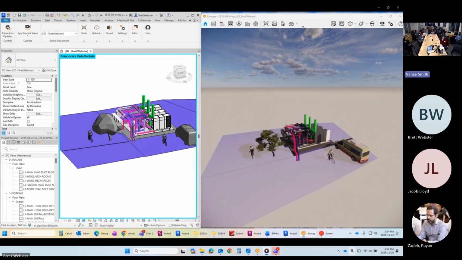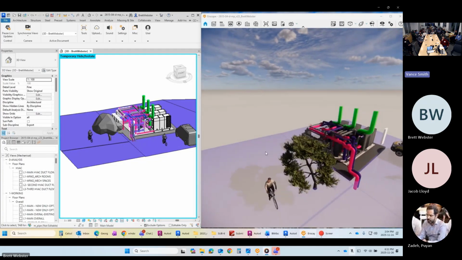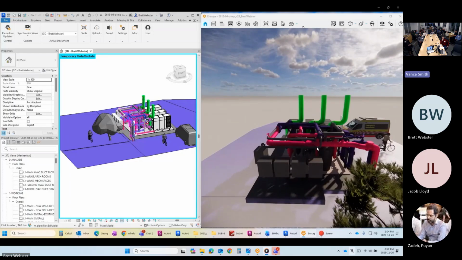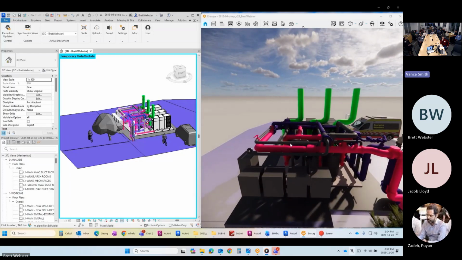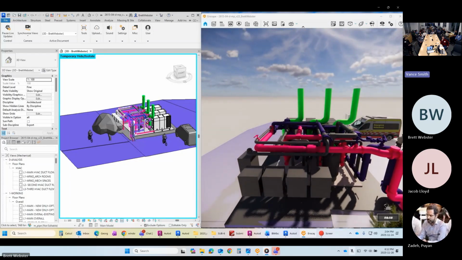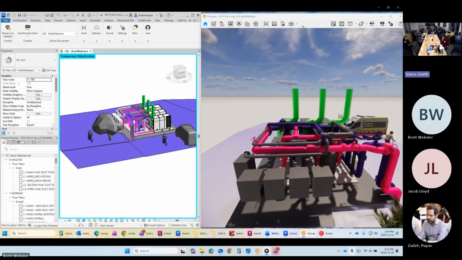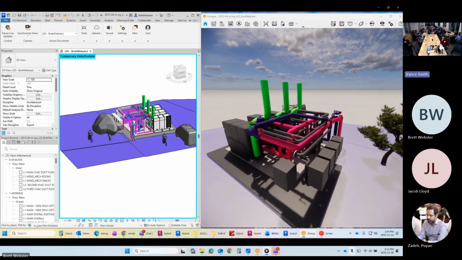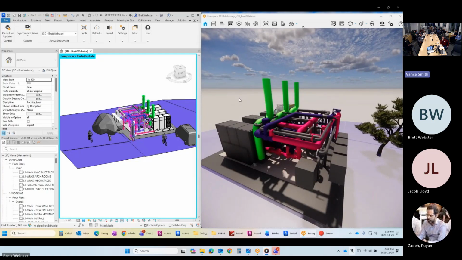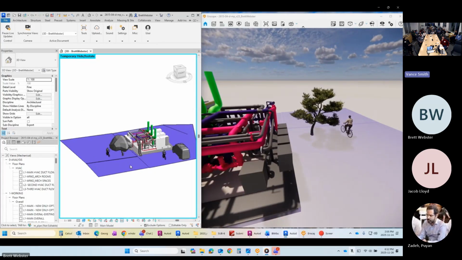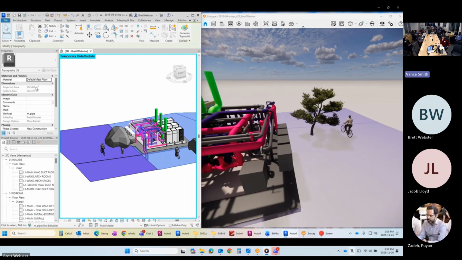So now we're live linked, and we can fly around on one side and work on our Revit model on the other side. So you can see those same surfaces that I had in there. You can also see that as we track around, whenever we're moving, trees and other elements will move and animate automatically. So you're going to see movement in the background. We can change the time of day. I just threw in some pipe work of the boiler job I was doing, just to demonstrate something later on. But now we can go in and start to change some of the materials in the elements, and